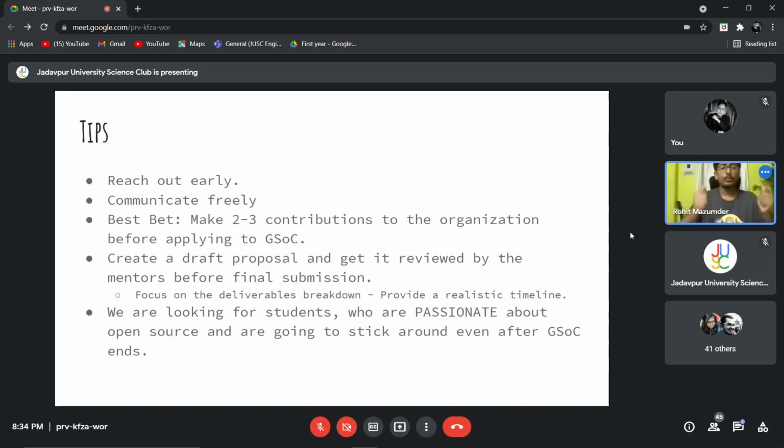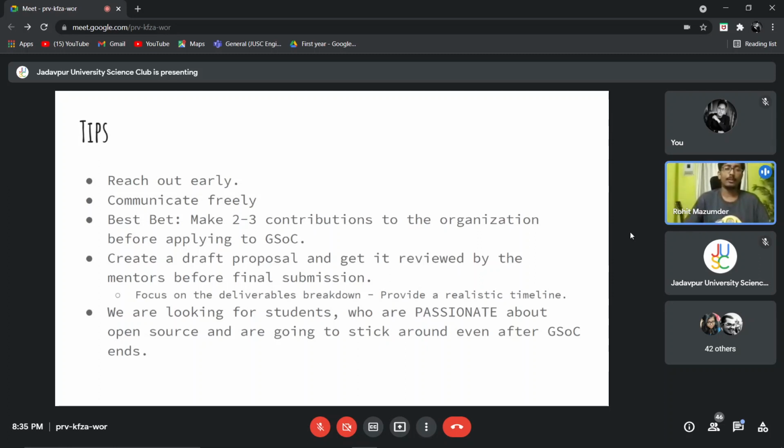As I said, you don't submit the final proposal directly to the organization. Google is always the middleman. You submit it to Google, and Google then forwards the application to us. What some students do is write their own proposal and directly submit it to Google. A better way would be to write a draft proposal and reach out to some of the mentors in the organization. You tell the mentor, hey, I have written up a draft proposal, can you review it and give me some comments, reviews, and feedback? And then you try to incorporate that feedback.